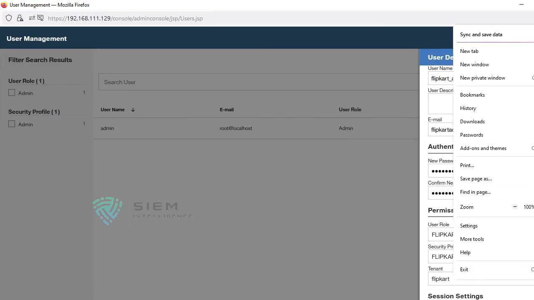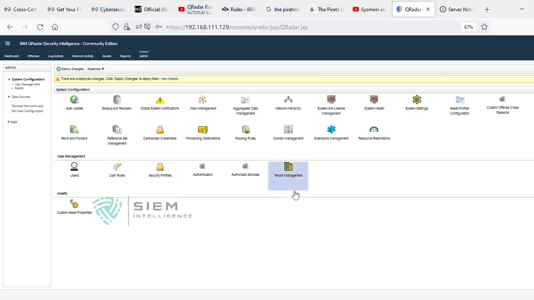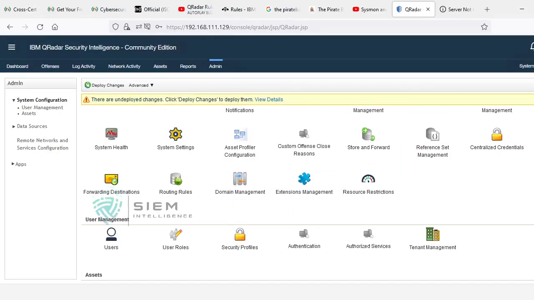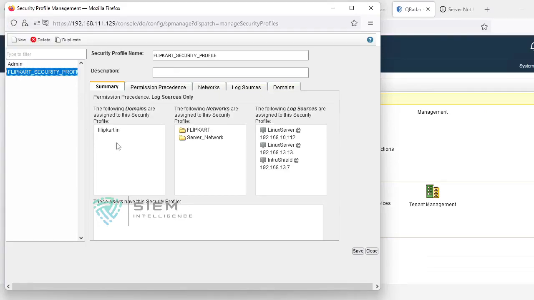Can you just show me how this interconnects? I didn't get that. Okay, that user profile and the security profile. See, we have created this security profile. Over there we have interconnected this domain.